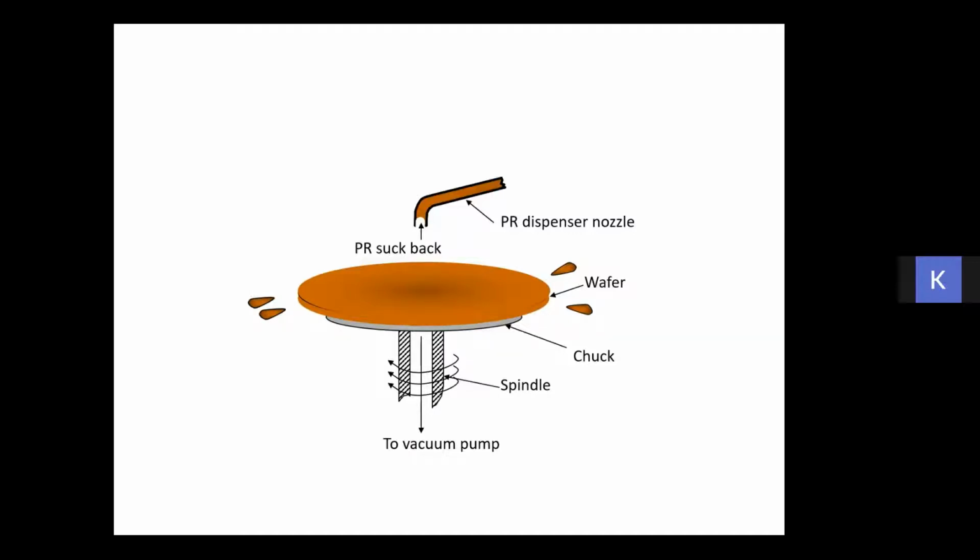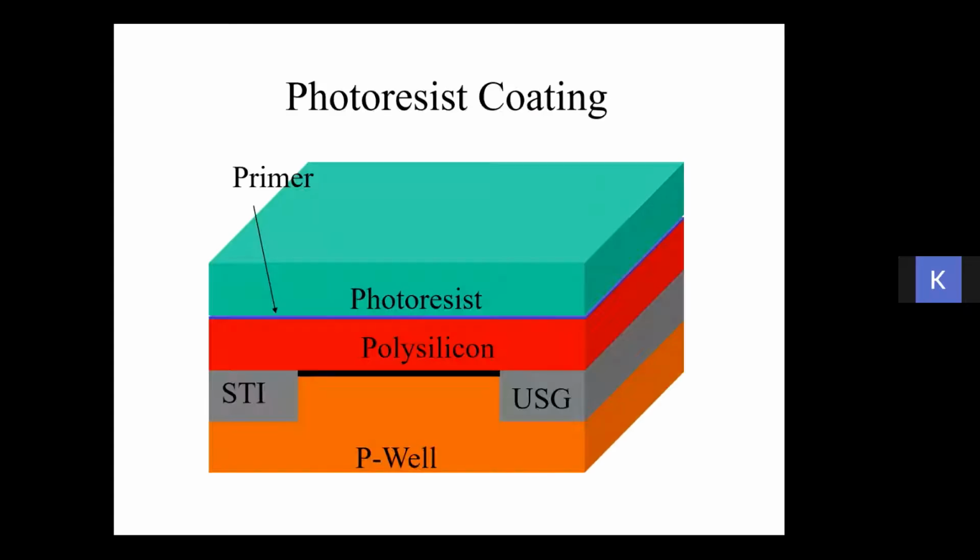So this is the part you have to do initially. That means initially you have to clean a wafer, and bake the wafer on a hot plate. You can put a primer on it, or you can avoid it, but this part you cannot avoid, because you have to coat a photoresist over the wafer like this. So you have a primer and the photoresist coated over your sample.